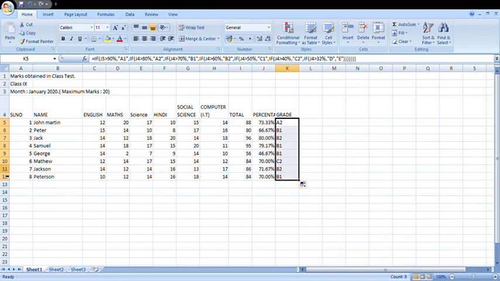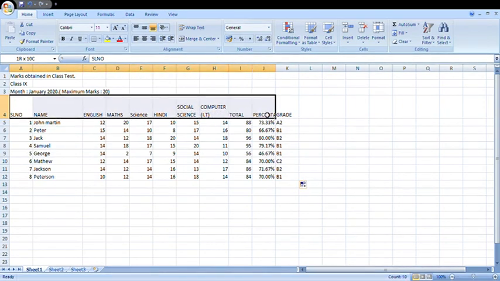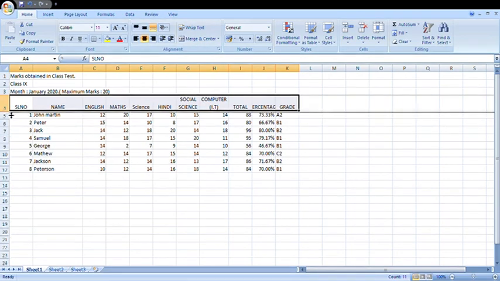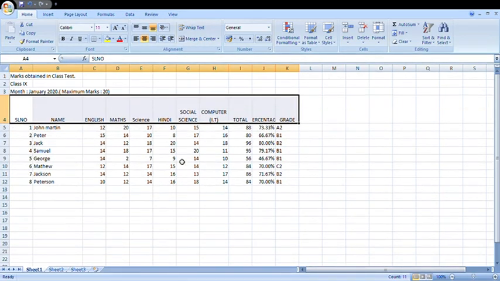Now we are going to do some formatting. First and foremost, you select this one. You make it center. Formatting means to make the content look better. Now you can select over here, go to alignment and change it to 90 degrees.